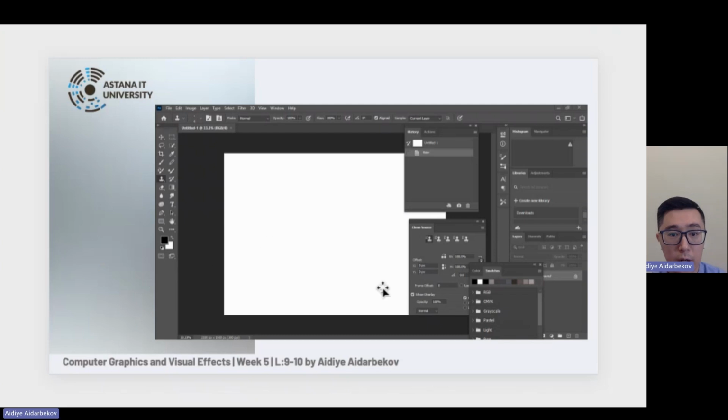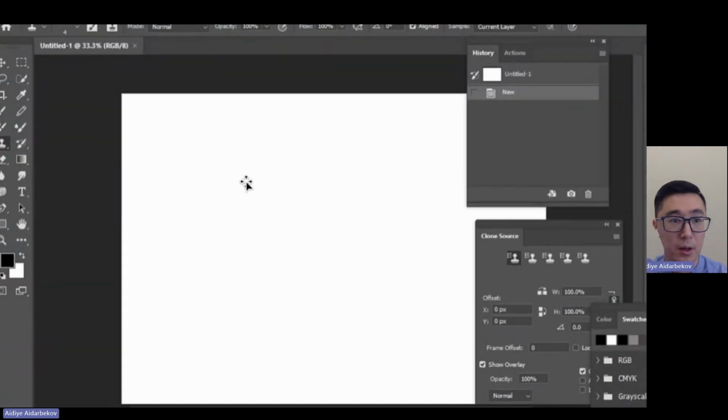Okay. So again, we will work with Photoshop closely, hands-on, in our practice lessons. But let me show you quickly how the interface of Photoshop generally looks. So for example, here